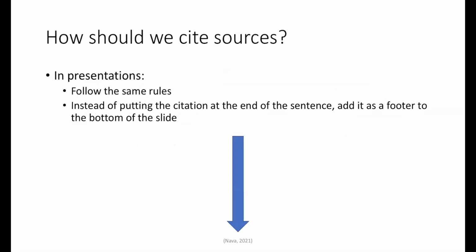Now, that's how you're going to cite things in papers. If you're ever doing a presentation, which you're not going to have to necessarily do for this class, but if you do a PowerPoint presentation for something else, you just put your source like you would in the text, but you're going to put it as a footer at the bottom of the slide. Don't put it after every bullet, because that fills up your slide with a lot of citations. This is one area where it's okay to bunch all of your sources from one slide together at the very bottom.